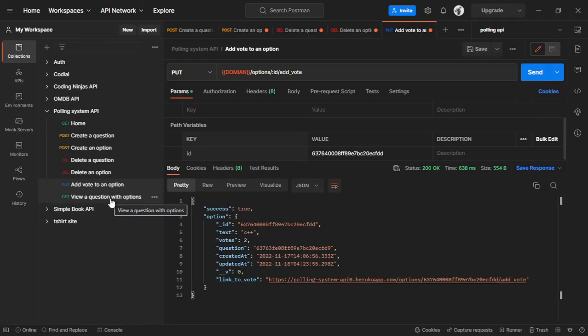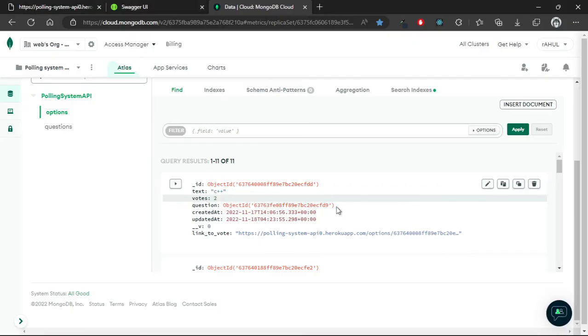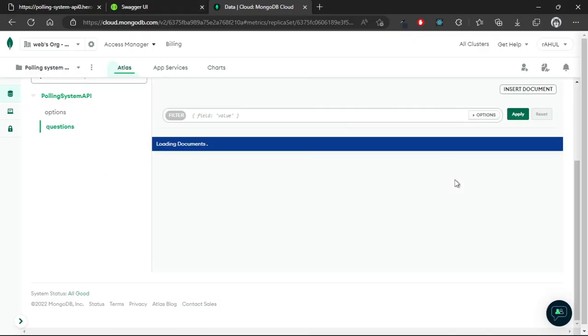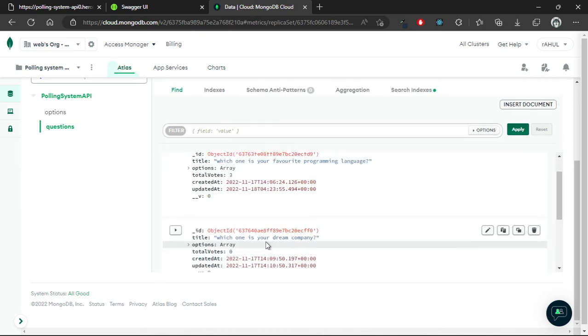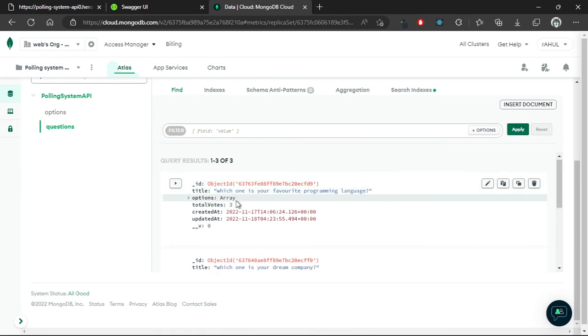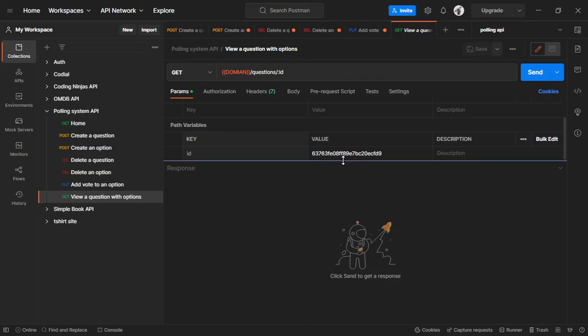And to view a question with options. So if I go to question, and these are all the questions. So if I copy the ID of this question, which one is your favorite programming language, and if I put it here in the params,